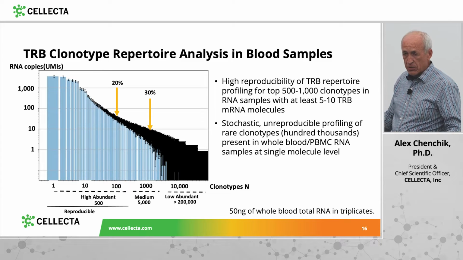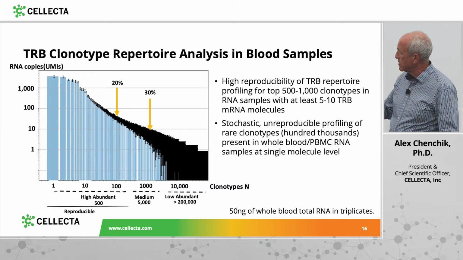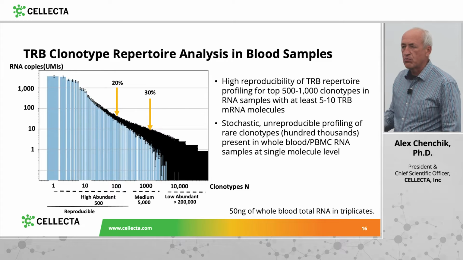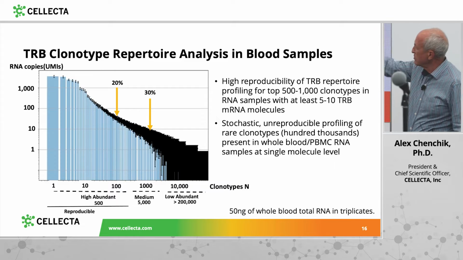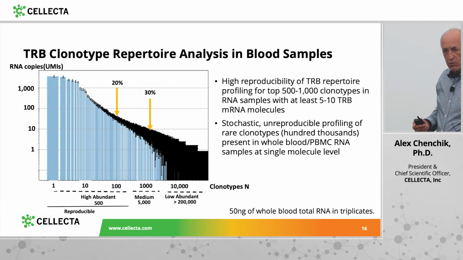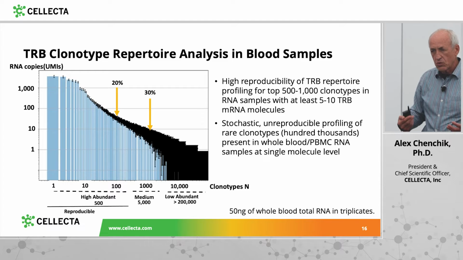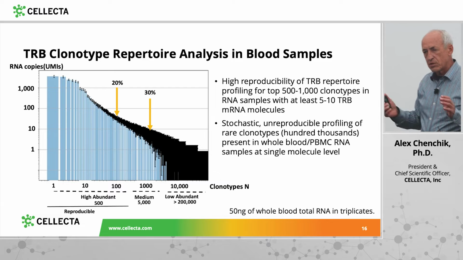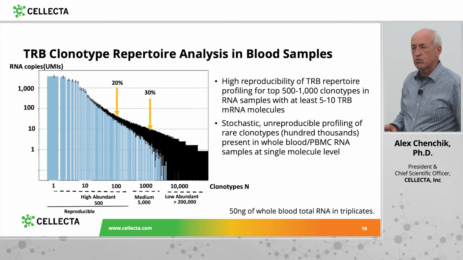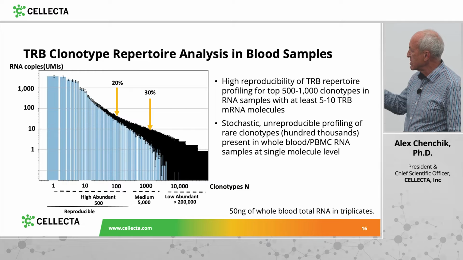Definitely it's unreproducible if you try to do it in triplicates. But if you only focus on the clonotypes which are present at more than 10 copies, you see these guys shown by arrows, 20%. In this case, data will be reproducible. So this shows you what the problem is in data analysis. You need to focus on something which is present at least 10 molecules of RNA in the set of